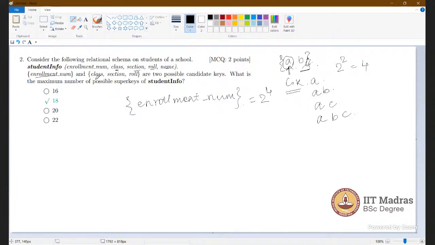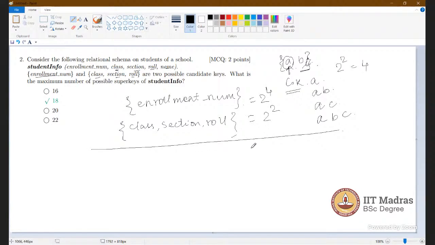Similarly, if class, section, and roll number is the candidate key, then the possible number of super keys is 2 to the power 2. And the total is 20.